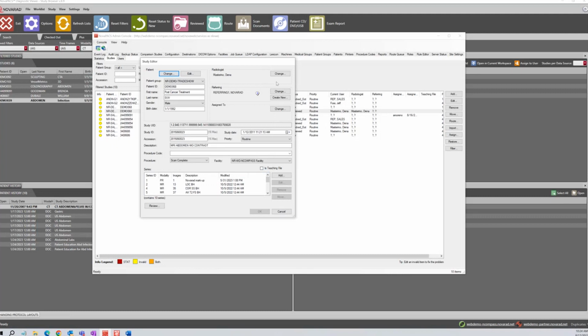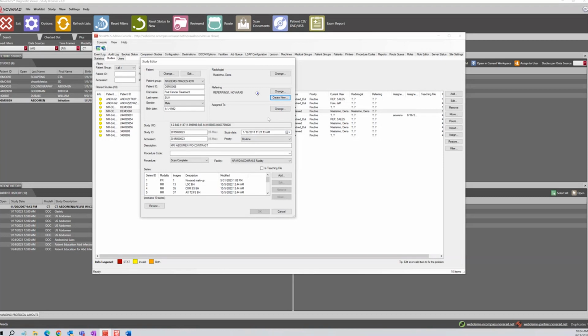Radiologist, this is where we determine who the radiologist is for the study. Referring physician, we briefly covered that in the users tab area. If the referring physician is incorrect, you can change it. Here's all of the referring physicians that we currently have. If we do not see the referring physician in this list, we can say create new. Are we creating a whole new user? If we say yes, it's going to pull up the user editor, or we can create an alias from here for an existing user. I kind of like that.